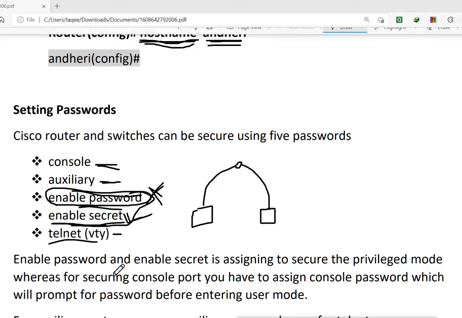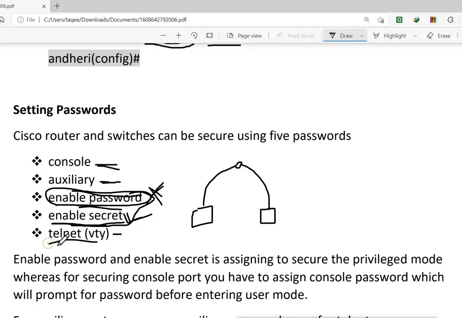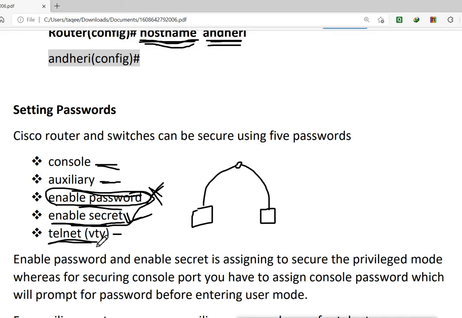Now there is one more password that is called telnet, that is VTY, that means virtual terminal type, and there is also SSH. These are the remote management protocols.